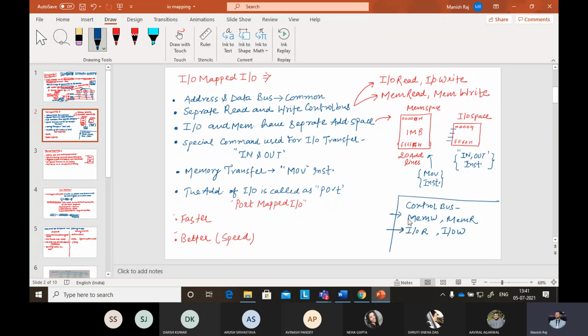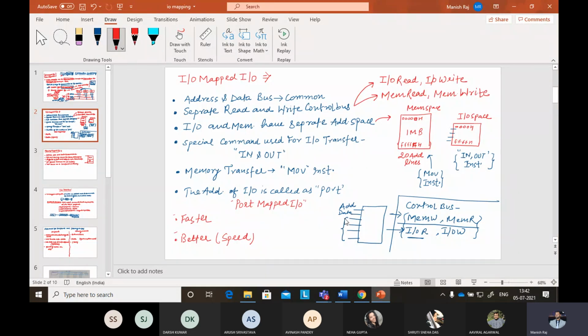So these types of instructions or different buses mean one bus will be used for memory write, one bus for memory read, one bus for IO read, and one bus for IO write. So there may be four different buses, and if you make the structure like that, this is for address, this is for the data bus, and now